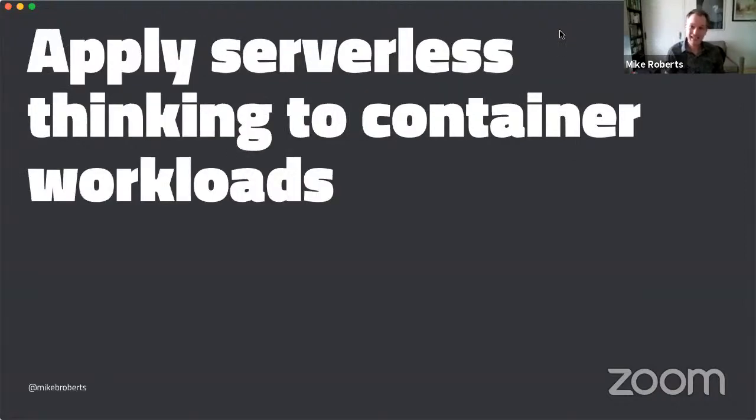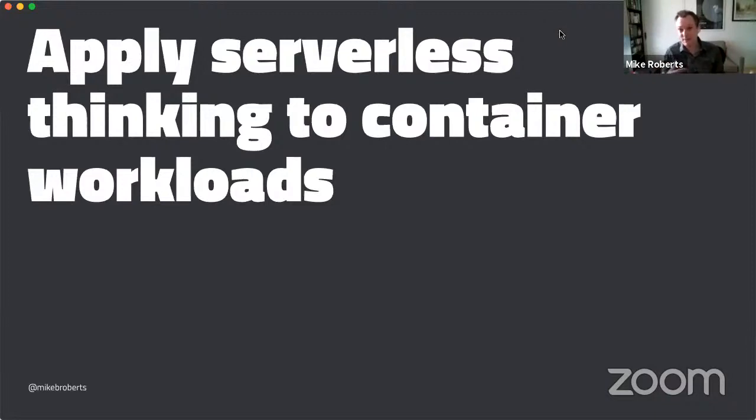And finally, even if you can't use Lambda, and I'm not going to try and persuade all of you, one thing I'd recommend is that for your container-based workloads, start trying to think about them more serverlessly. So Amazon now have a serverless-ish container system called Fargate, and you can build your applications using Fargate. Now, you can have a container that's just hanging out for weeks at a time, but I really encourage you to think about how you can take your container applications and make them more event-driven, make them more ephemeral,